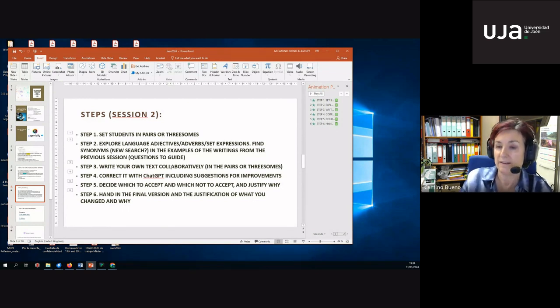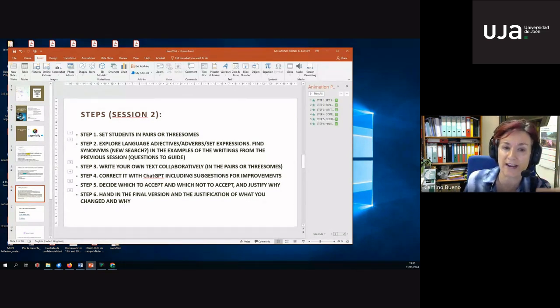Okay, again, they do a new search in ChatGPT. So this is all the time interacting with ChatGPT, looking for, analyze the adjectives, or how many adjectives are there. And the computer is going to tell you how many adjectives there are, how many adverbs there are, everything.